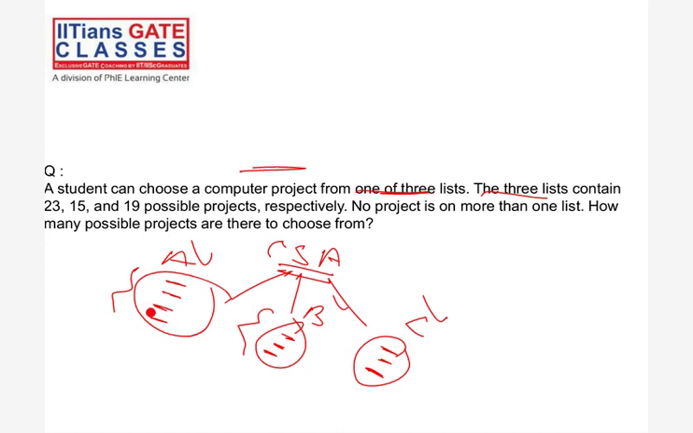So basically, we have three lists. In this we have 23 courses, in this we have 15 courses, and in this we have 19 courses. He is saying that no project is in more than one list, so basically all these are disjoint. If there is a course here, then that course is not present in the others. How many possible,